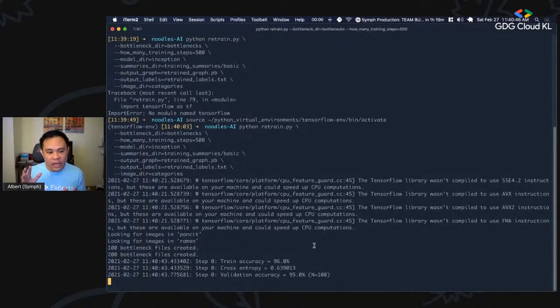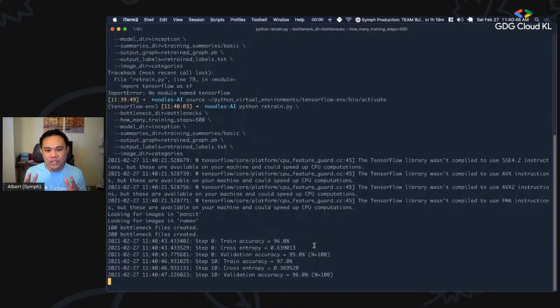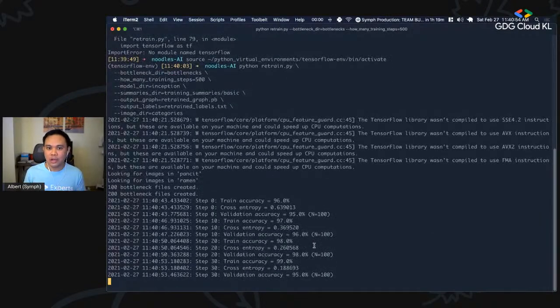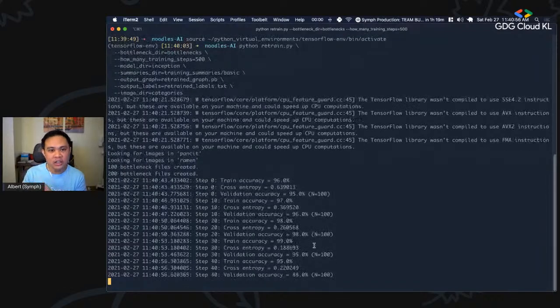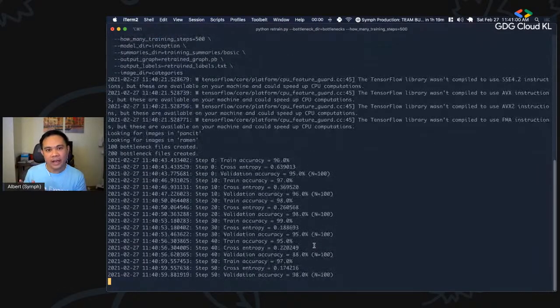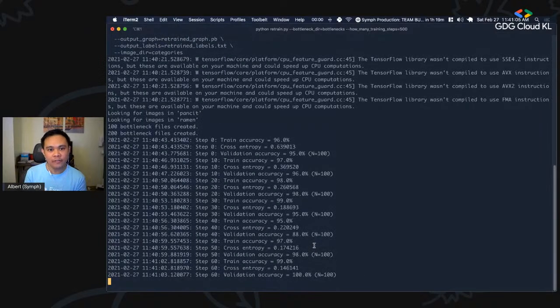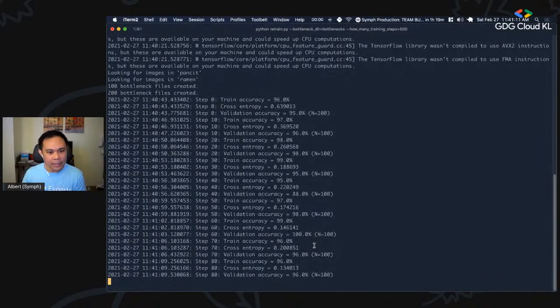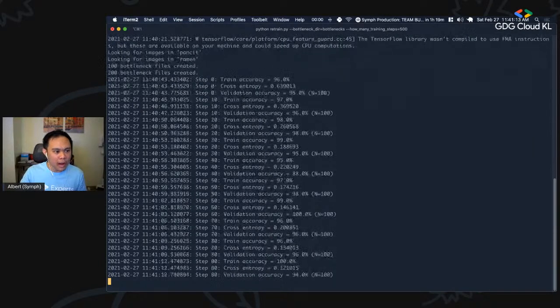So training, it's trying to adjust the patterns in the model. We call these patterns weights. Like how much do I weigh? Weights. Okay, we call these weights, and they're adjusting the weights in the model, the variables in the model, to focus on what a pancit is, and the differences between a pancit and a ramen. So while this is playing, I'm gonna play some background music just to hype us up,